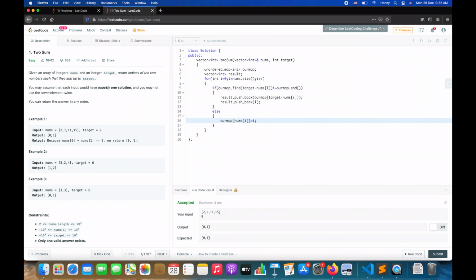We will store the index in our map. Return result.